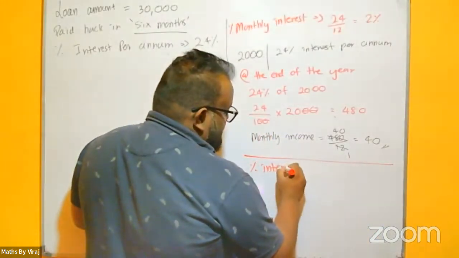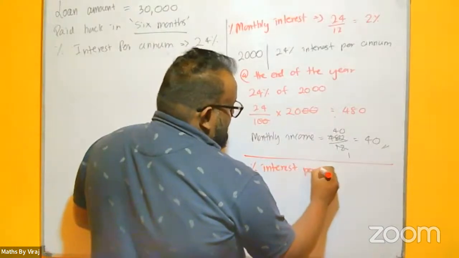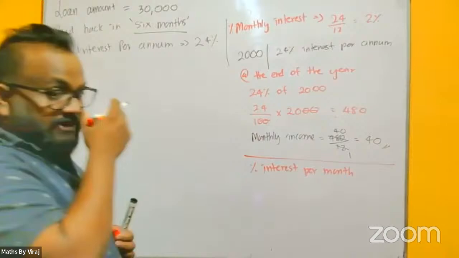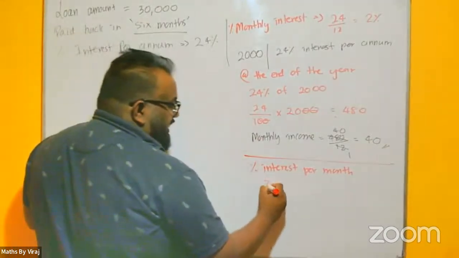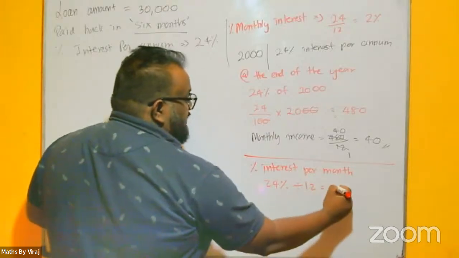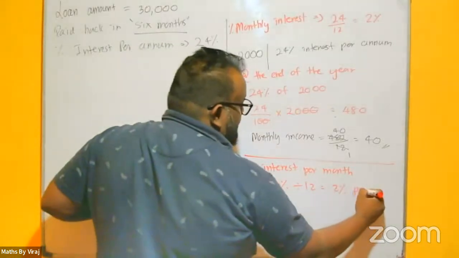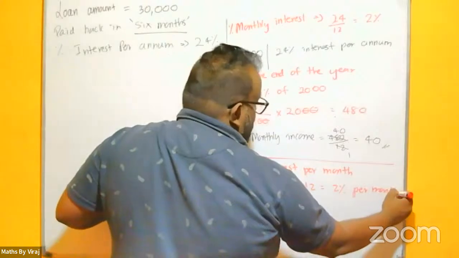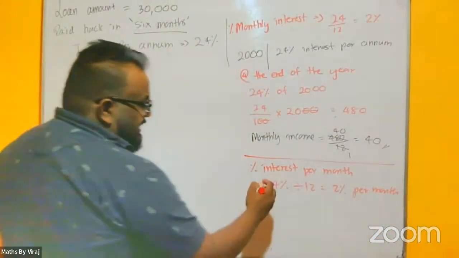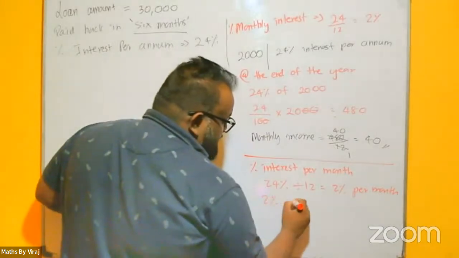Percentage interest per month. What is the percentage interest per month, Pute? From 24%, we divide 24% by 12. That is 2% per month. Percentage interest per month is what? 2% per month. Therefore, 2% of